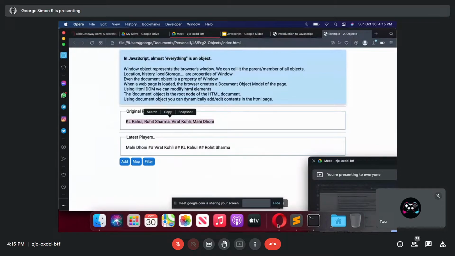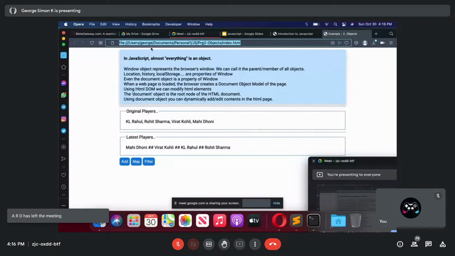That means using the document object, you can dynamically add text, you can dynamically add an element, you can dynamically add, edit, delete, and modify content inside the HTML. When I say content, it can be text, an image, a collection of HTML tags or a single tag, etc. So basically, the document object is the root node of the HTML document, what you see in that main white screen.